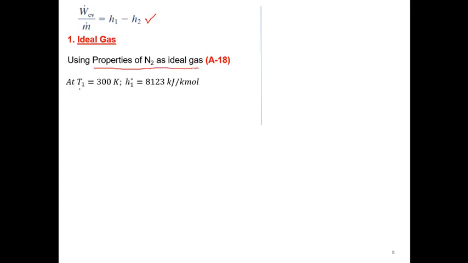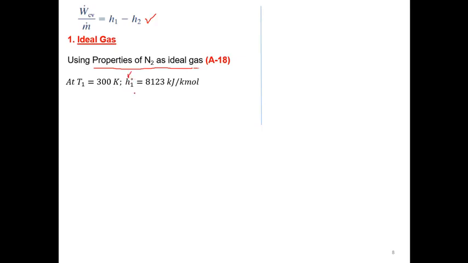So let's start the problem. We know that the output of the turbine, as a result of the expansion, is basically equal to the difference of the enthalpy, H1 minus H2. Now this change in enthalpy can be calculated using ideal behavior, and it can be calculated using real gas behavior. So first part is to calculate based on the ideal behavior. If we consider the ideal behavior, then the properties of the ideal gas for nitrogen gas are available in the table that is given in the appendix of that book. So we know from table A-18 we can use the properties of nitrogen as an ideal gas.